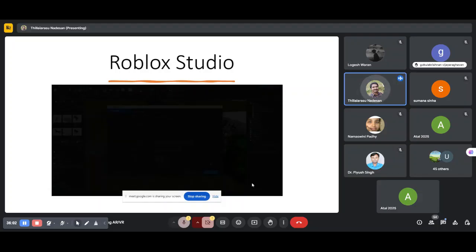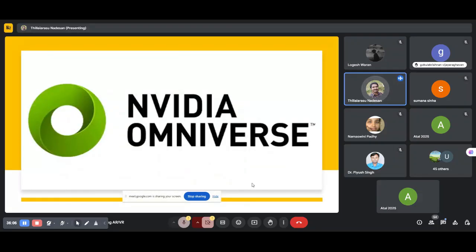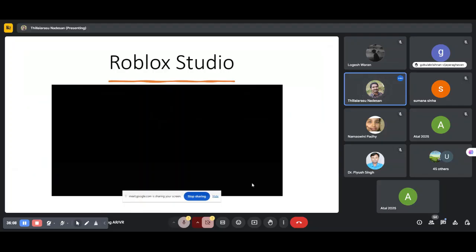Okay. Now you understand how this Roblox Studio is working. You can get everything ready-made. Whatever you want, you can type, you can get it, and you can fetch it into that surface, and you have to add all the objects, and finally you can export. That is how Roblox Studio is working. I think you get an overall experience of Roblox Studio.